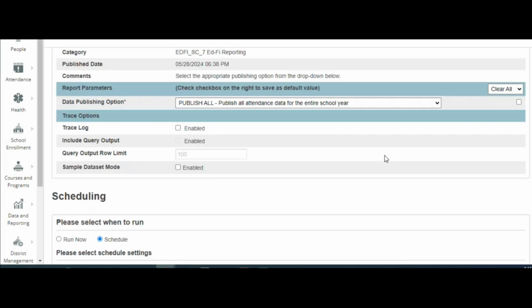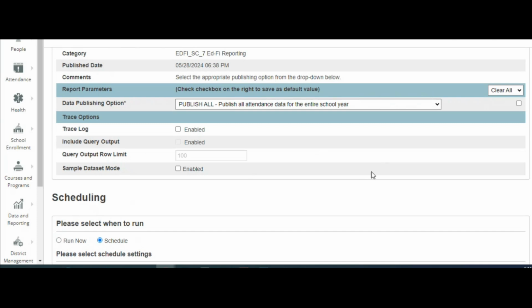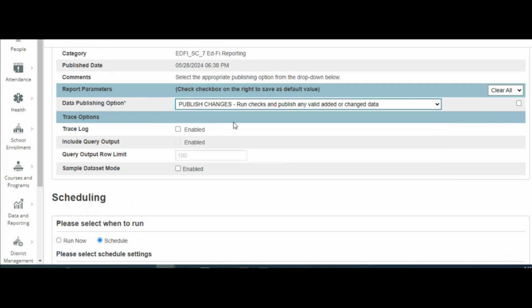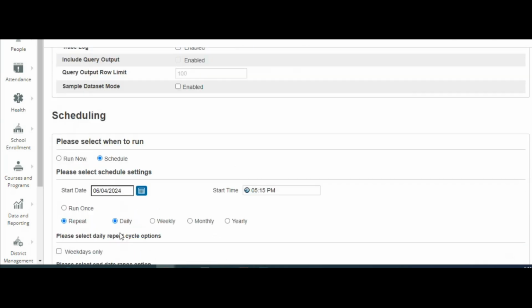Once everything has published pretty thoroughly as a first data push in your dashboard, you're going to be able to start just thinking about publishing changes. So that would be this one right here. Once you reach that point in the year, hopefully pretty quickly, then you could definitely schedule your published changes to run weekly, daily if you wanted. I would not recommend making it as far apart as monthly. You definitely want to at least do published changes weekly for all of these categories.